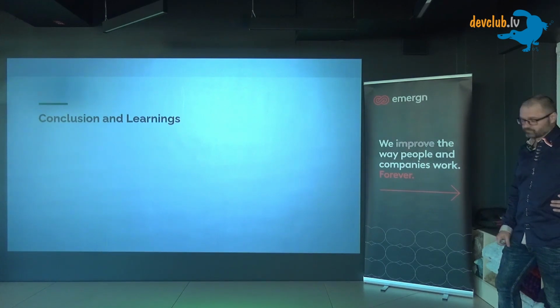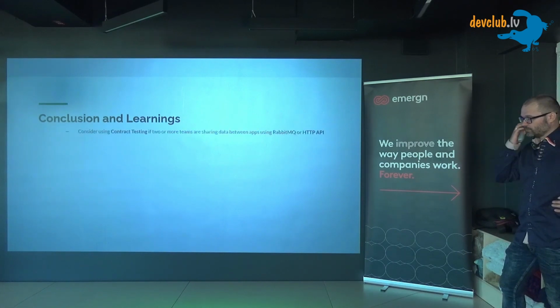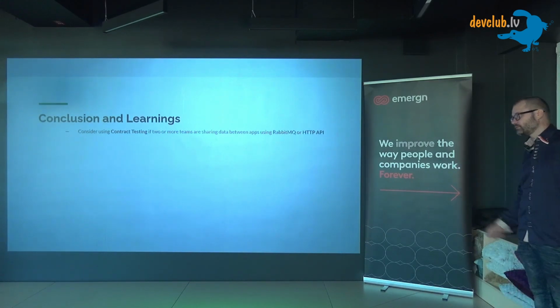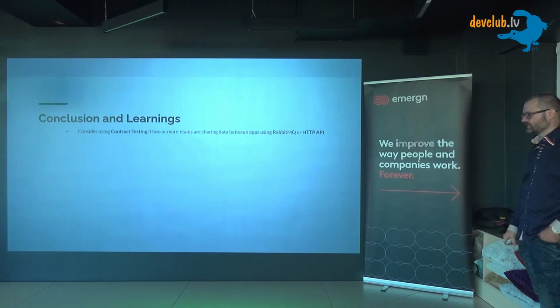So in the end, conclusions and learnings: we spent a lot of time implementing this, and it was not as easy as it seemed at the start. One of the features why we chose to implement contract testing using Pact.io as a solution was Spring, Java Spring contract tests. Java Spring contract tests work usually just with Java. They have some integration with other languages, but Pact.io usually supports most of the languages.